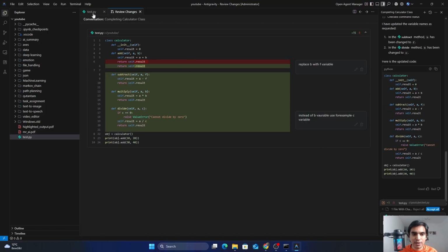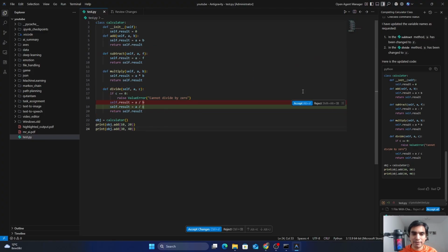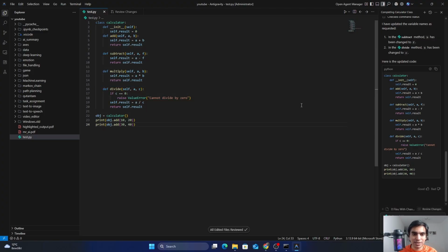Now if I go back to my test.py file, here it is asking to accept the changes. So I will accept both of these changes, and here you can see that in the subtract part it has changed the variable B to F, and in the divide part it has changed the variable B to C. And the last part of this tool is that you can create multiple agents at the same time